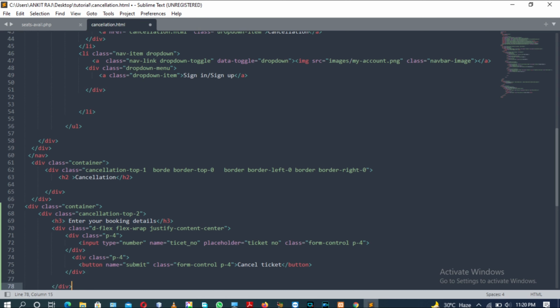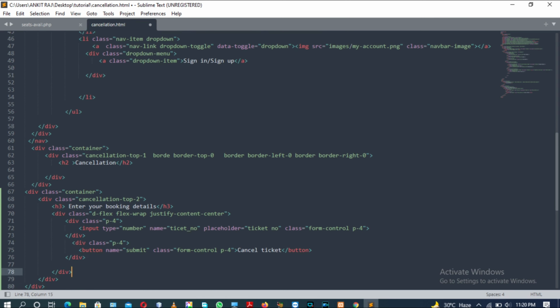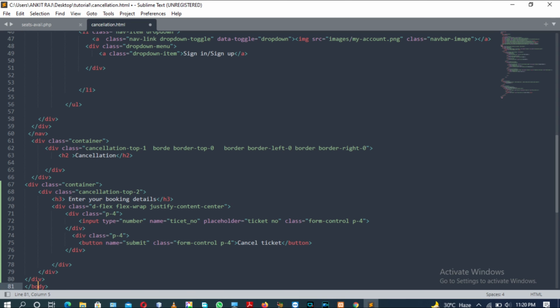Now div tag will be closed for one time, and then there will be form tag. Form tag will be discussed later. We are developing front-end part, so in front-end part there is no use of form tag. We will discuss later on in later videos. Okay, div tag, div 3 times, 1 2 4. Save it